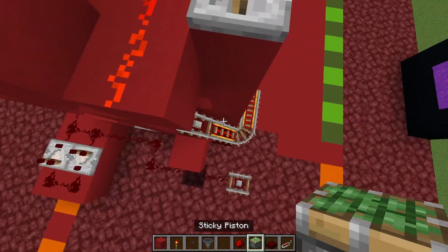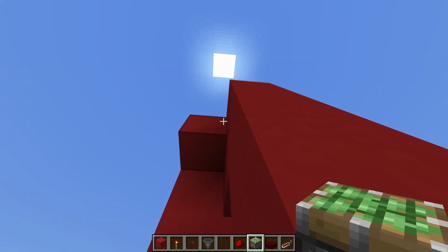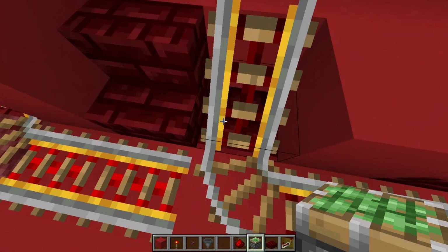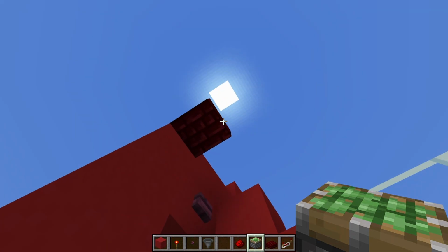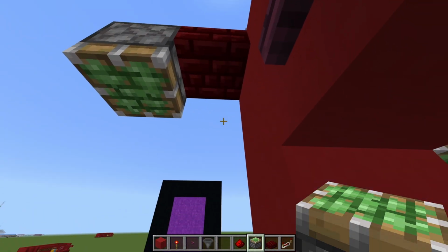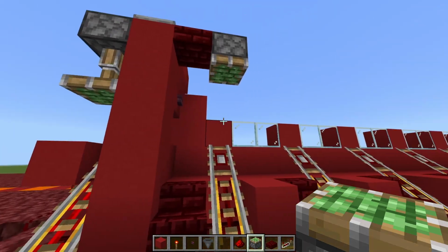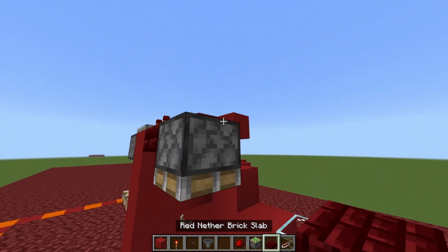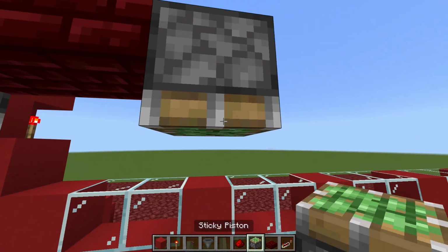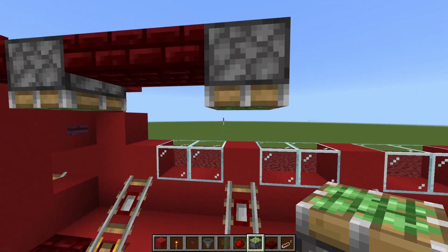The next thing we are going to want to do is come down here, place a sticky piston like so, above all of these rail sections right here. You can use blocks or slabs. I'm using slabs here just because I like having that little extra headroom whenever I'm exiting the station. So go ahead and continue this line like so, making sure that these sticky pistons are above the railways like